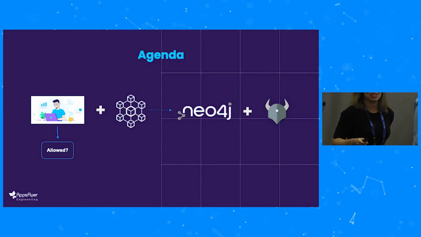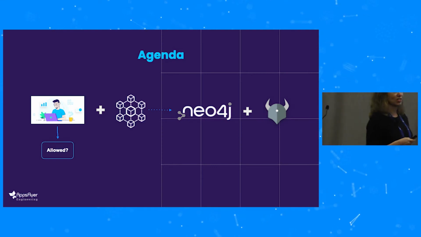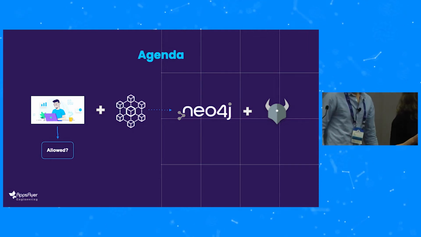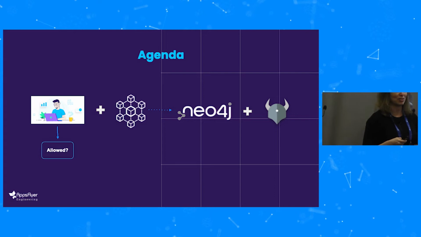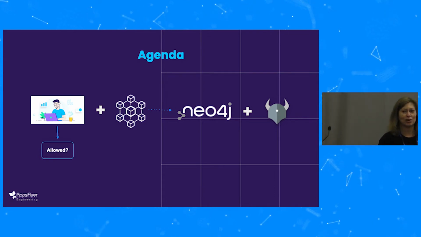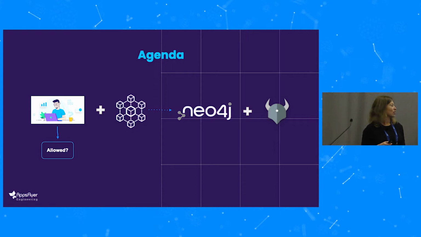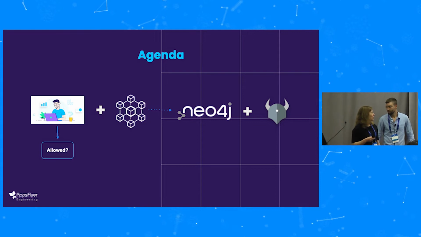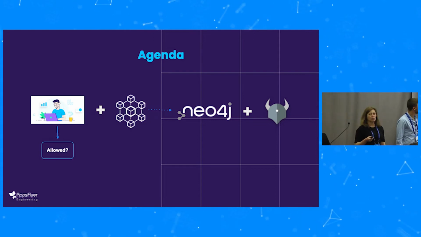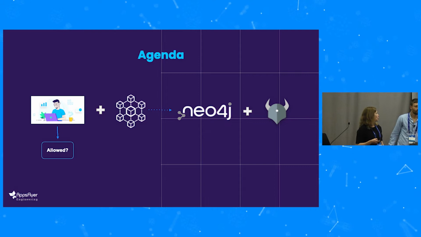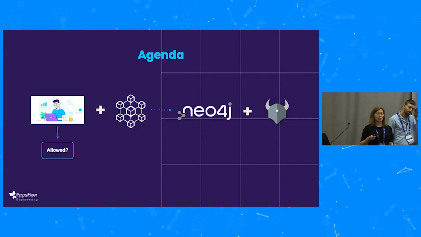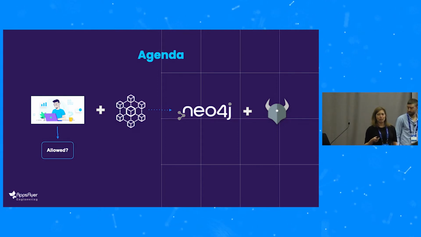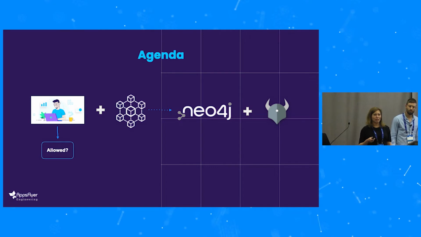Okay, so we are going to present our authorization solution for a microservices architecture at scale that we have implemented using Neo4j and OPA. OPA is an open policy agent. And as Ido mentioned before, it was a very complex and significant project for us. We had a core team of 12 developers working on it, and eventually we rolled out the solution to all our customers. In the process, we gained a lot of insights about building an authorization solution for microservices at scale, and today we would like to share with you those insights and the lessons that we have learned.